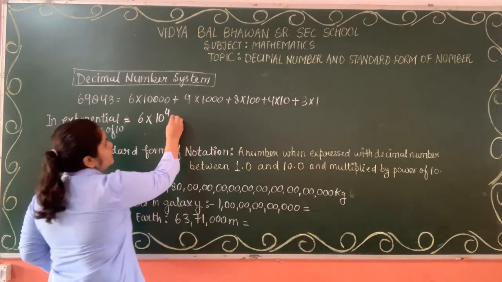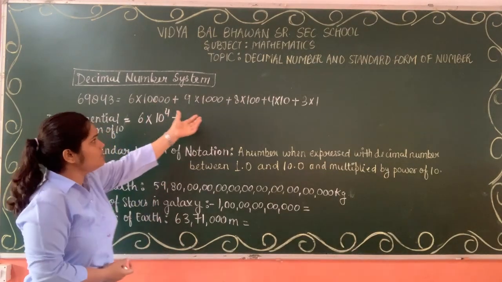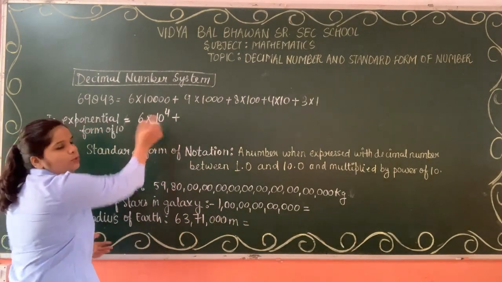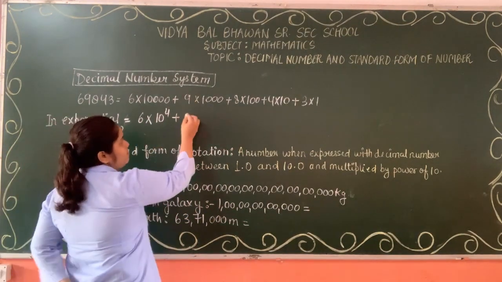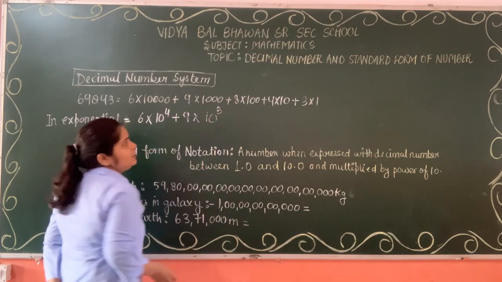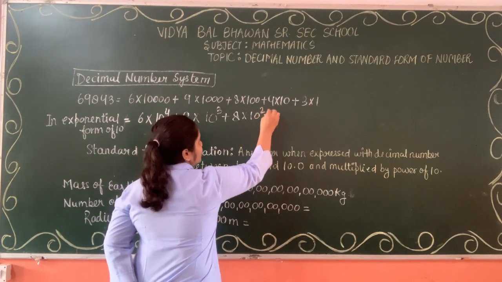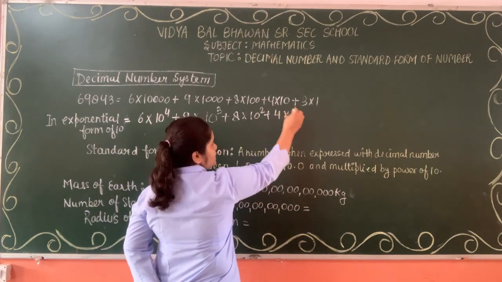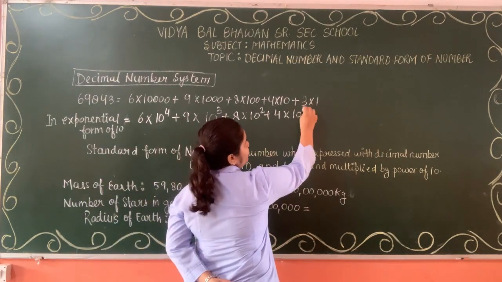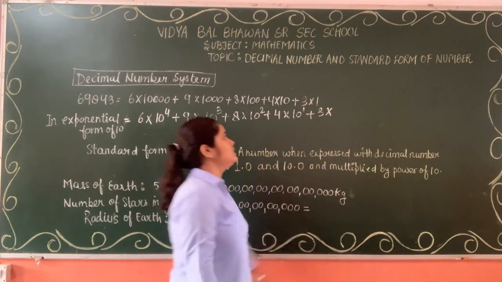Like we can expand the number in this way also. It is nothing difficult. We are just changing this 10,000, 1,000 and places basically, place values of the digits into exponential form of 10. Same 9 here and this 1,000 can be written as 10 raised to the power 3. After that this 8 here and 10 raised to the power 2. Next 4 multiplied 10 raised to the power, there is nothing, it is only 1 10, so it will be 10 raised to the power 1. After that plus 3 multiply this 1.